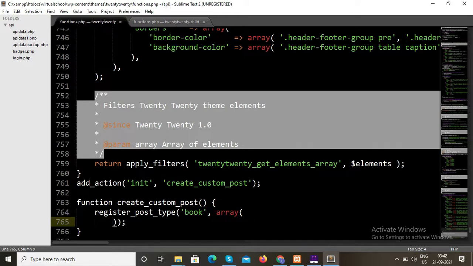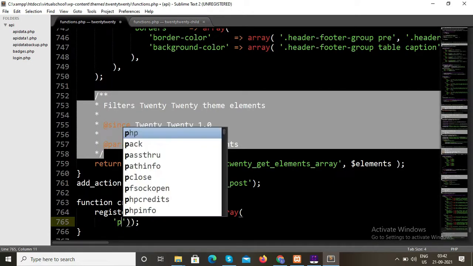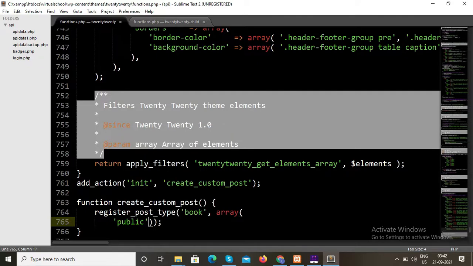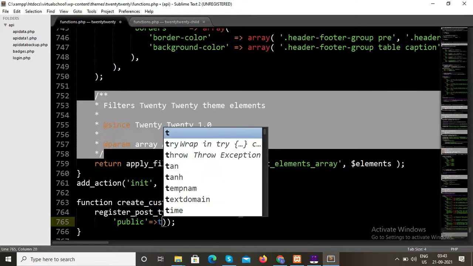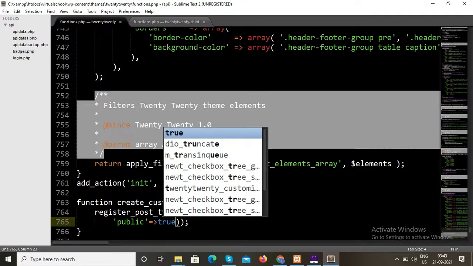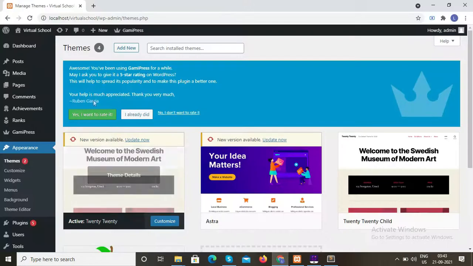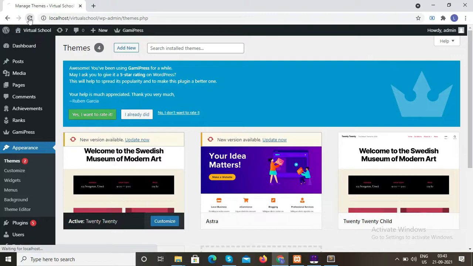The first parameter we write is public, and we assign this just true. And if we save it with Control S and then refresh the admin dashboard,